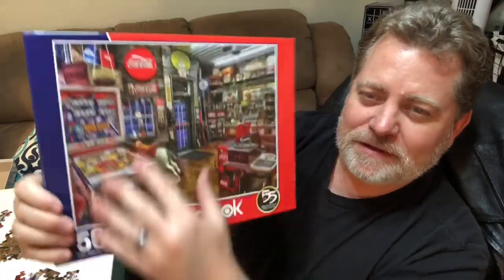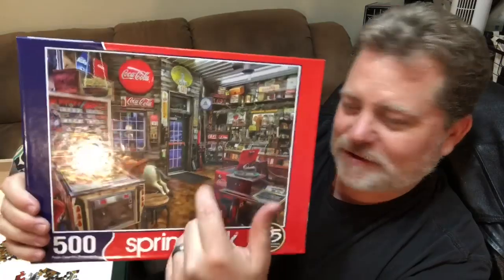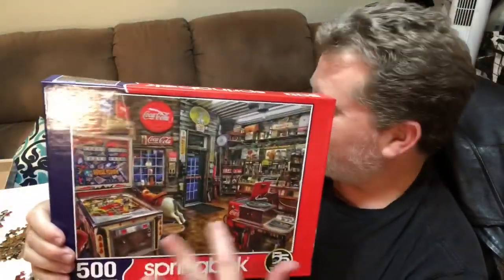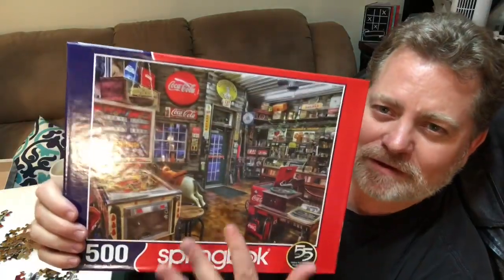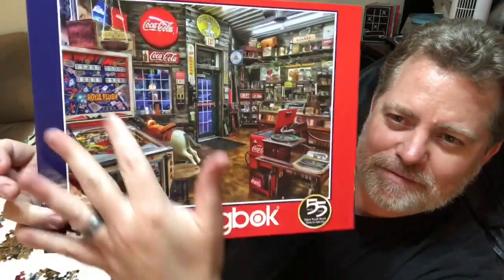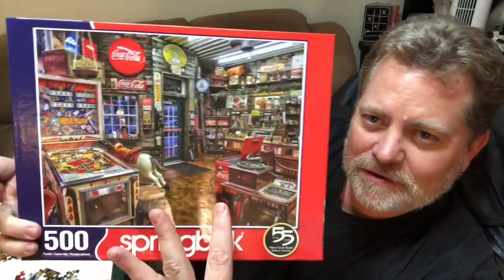It's very busy, but I knew I could separate this color, and I did for the most part. Once again, I'm sure there's pieces that I wasn't able to separate very well. It's a very busy puzzle, but the pinball machine we separated pretty good. There's probably some pieces missing, but we got the border, the Coca-Colas,